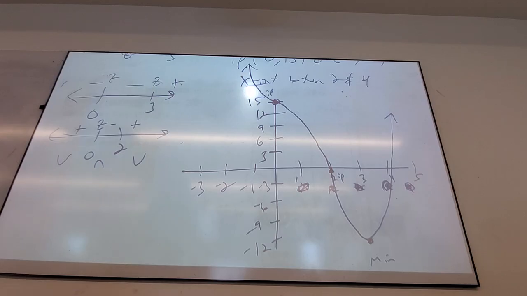You can't find it algebraically. You can't even find it synthetically. This is gross. Okay. So really, you're not just labeling things for me. You're labeling them so that when you hit it, you're like, oh, now I changed concavity. I see the next point I've got to get to. Let me keep going. Now that's the min, I know I've got to turn. Do you see what I'm saying?